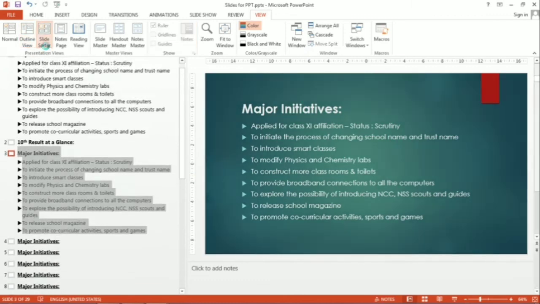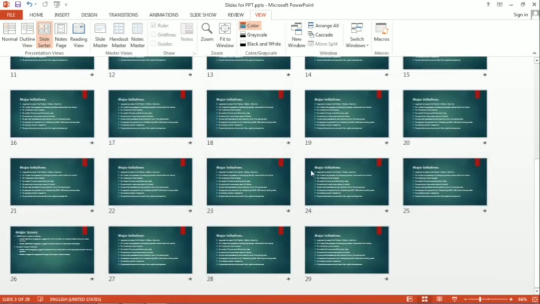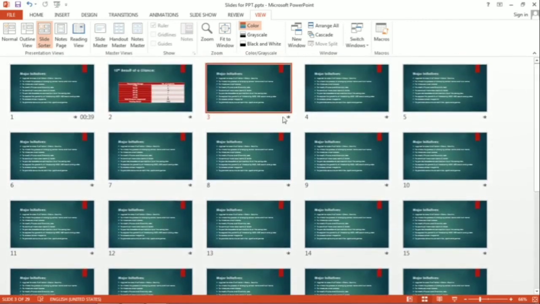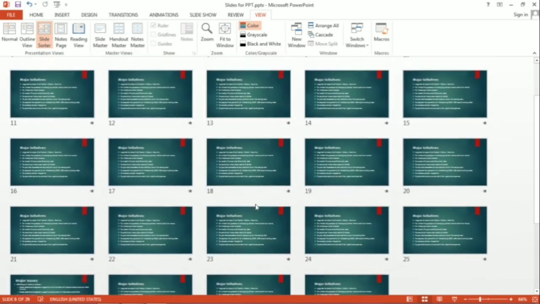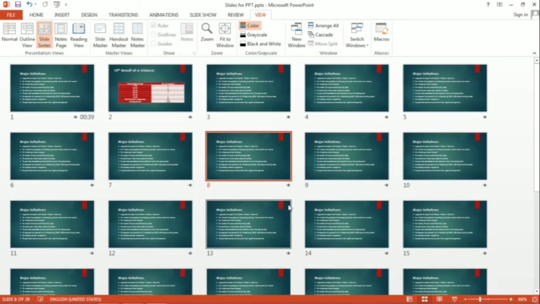Slide sorter is available. Slide sorter displays all the slides in one page. So on this page you can select different slides and you can select any particular slide for deleting, editing, whatever you want to do. If you want to delete multiple slides, click and hold control. Select your slide image, then press control and click for multiple. Otherwise you can do it in this manner also. Just drag your mouse, all slides will be selected, then press the delete key. So this is the use of slide sorter view.